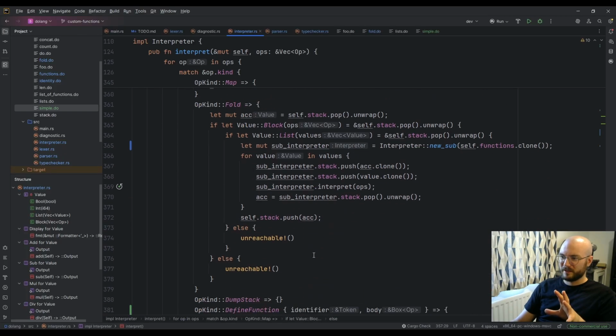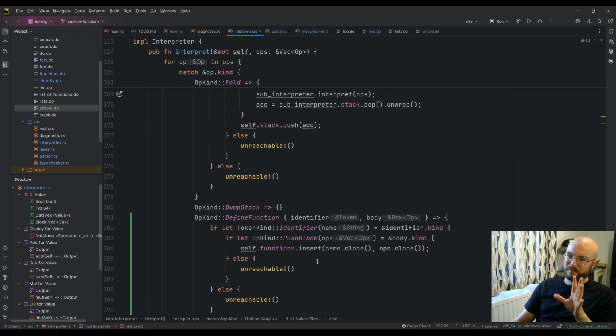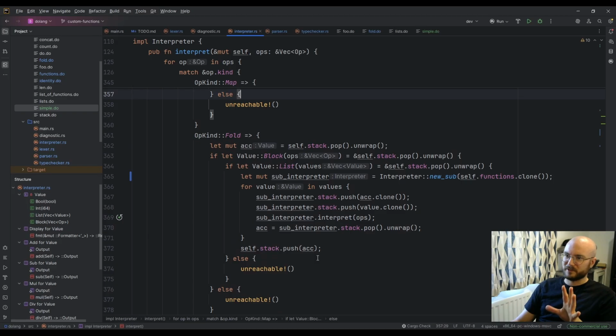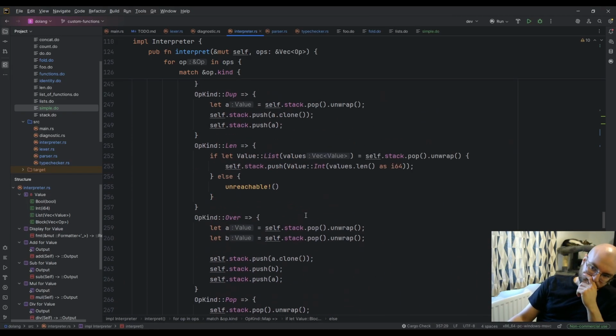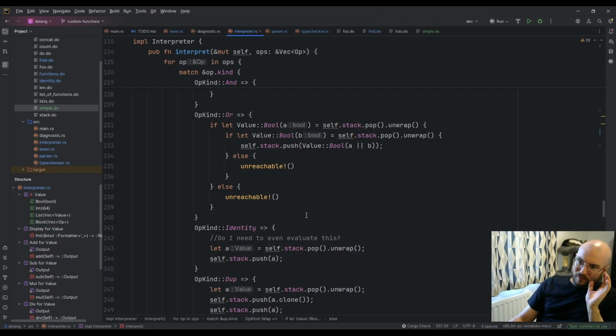Fold is not too bad, but it's not very understandable. So I think this is good for now, and this gives us a good place to start. But what I then tried to do is try and think about how you can actually implement your own functions.